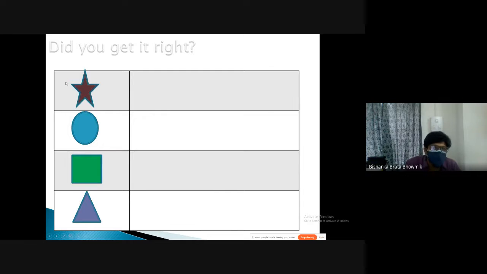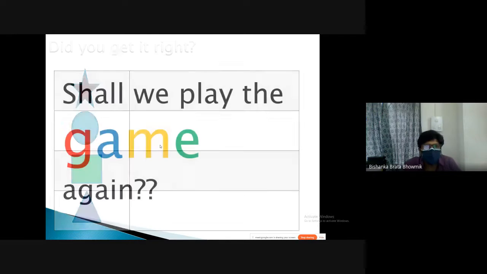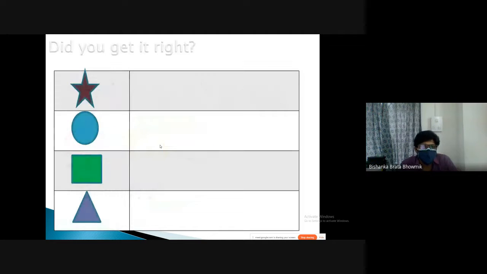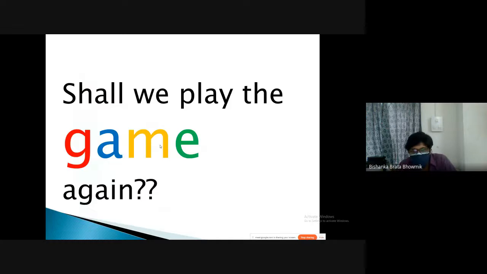and they will just write what they did. Okay, so maybe star, and someone just raised their hand, so they will write I raised my hand. It is a circle. Okay, I shook hands with my neighbor. Now we check how many of them were correct or wrong. So they will make it a playful thing. Then again, just repeat the game. So you show some circle, some triangle, and then a diamond shape. That will have some problem, right?